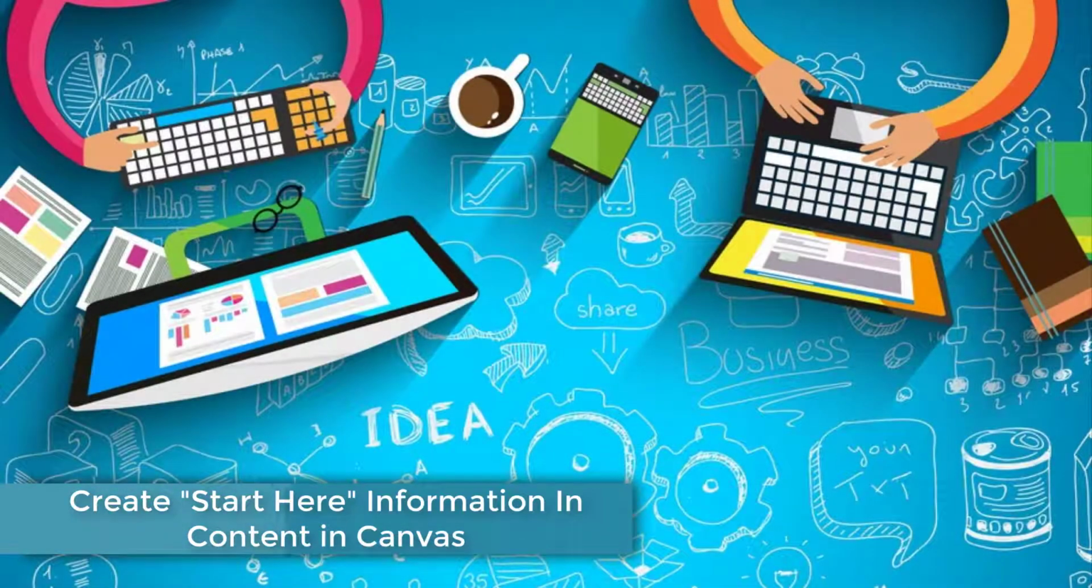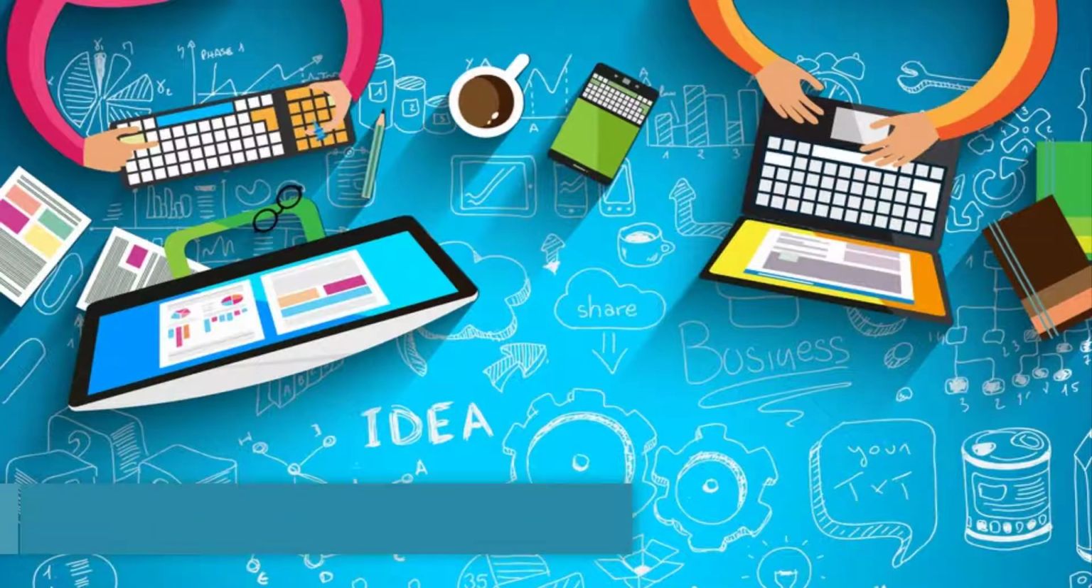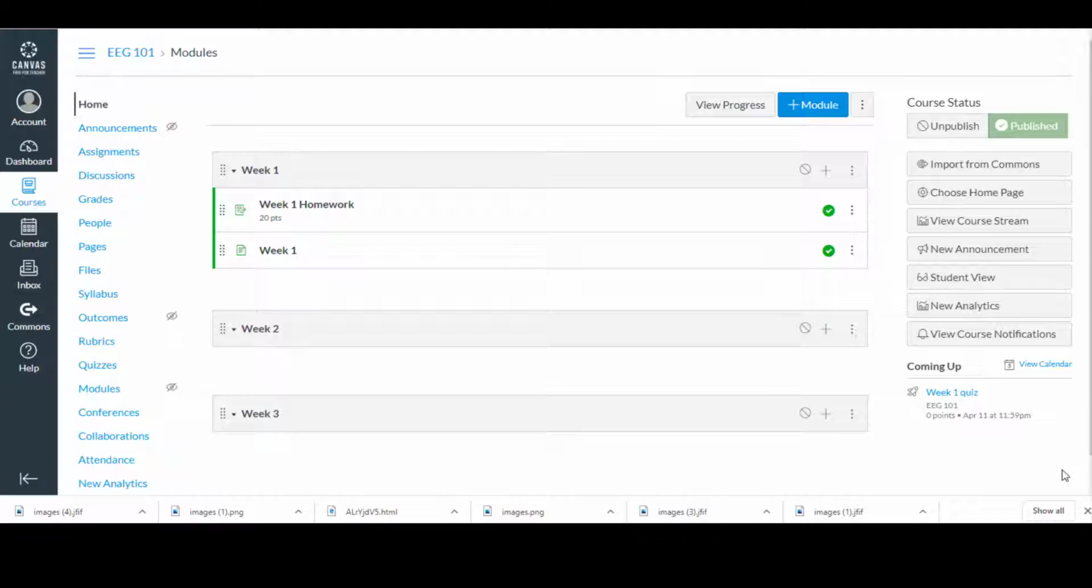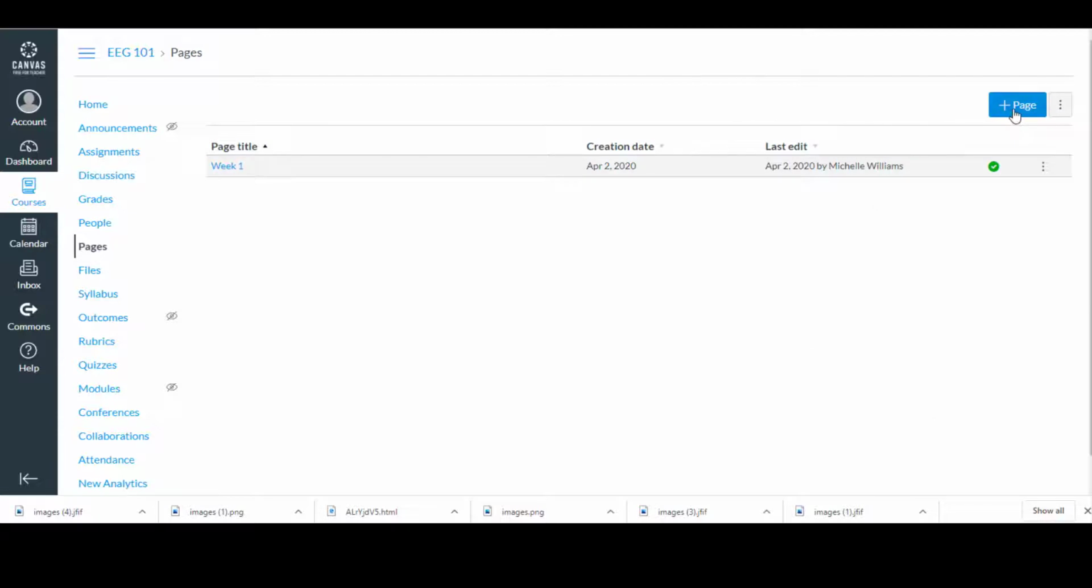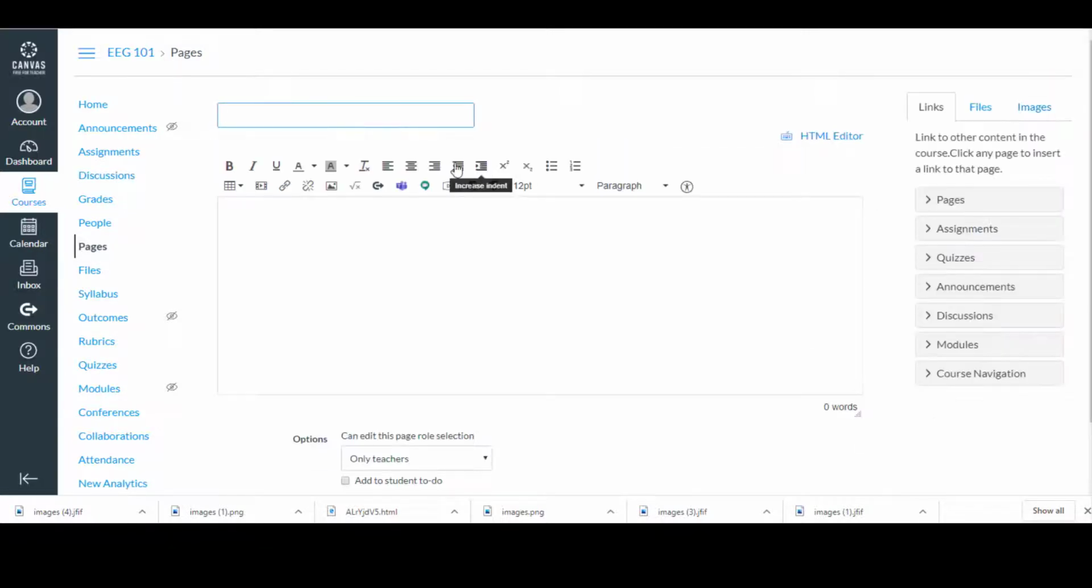This brief tutorial will go over how to create Start Here information in content using Canvas. You can add your information for getting started by going to the Pages icon to the left, going up to Add a Page, and then putting your information below. You can put your title in, so I'll just put Getting Started, and then you can put whatever information you